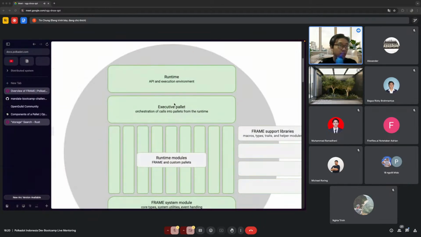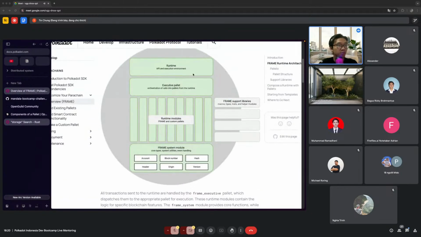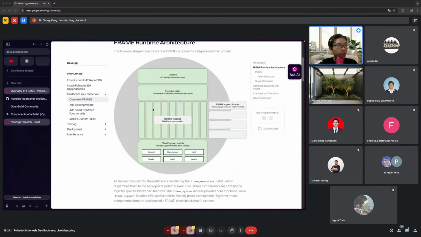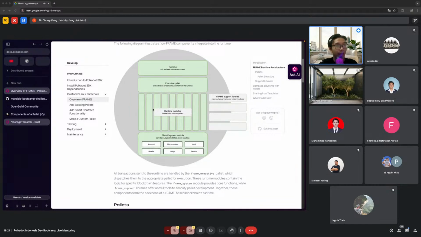You also have the executive pallet that orchestrates or calls into the pallets from the runtime. And on top of the executive pallet, there are the user-defined pallets, or I can say the pallets that you program on your own. We usually call those application pallets.